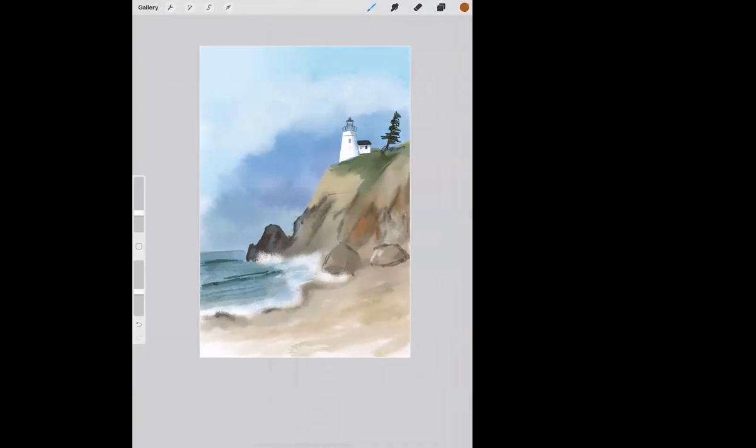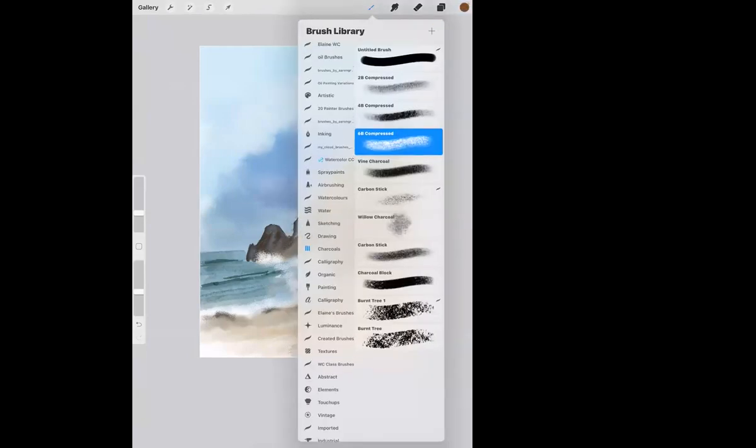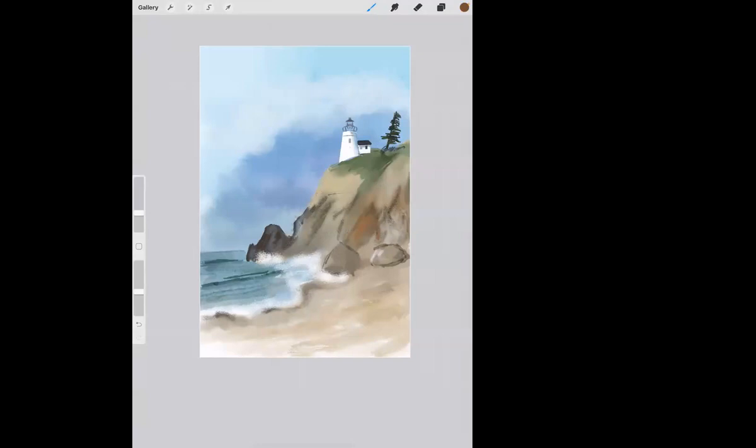Now, I said that, isn't it funny how color deceives you? Here, the blue and that sandy color are distinct. But when we were in our values, they looked almost the same. And that's why it's really important to look at not only the color, but the values as well. So I'm going to make that a little bit darker there, because the color works, but